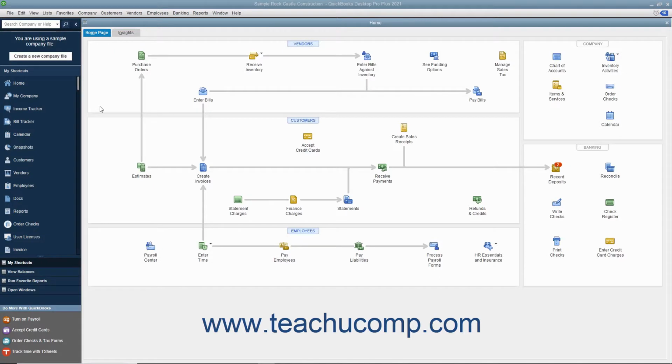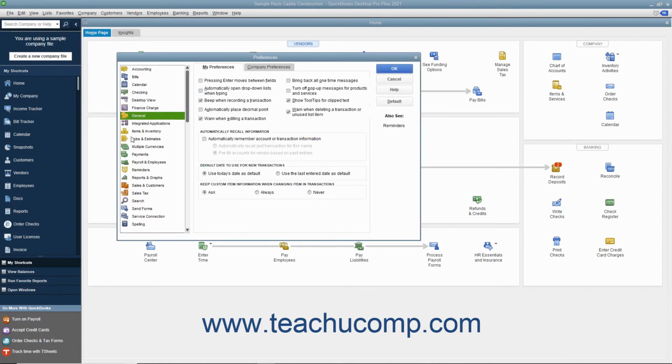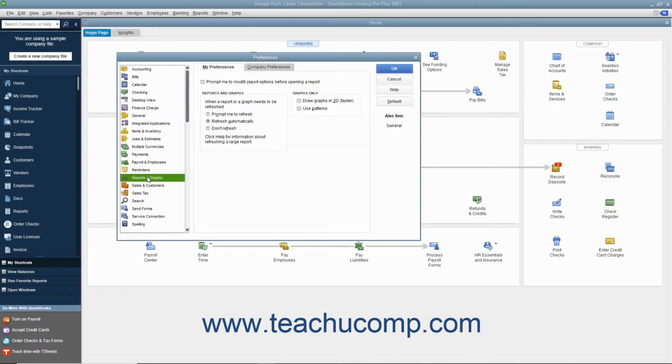You can set the default personal and company preferences for reports and graphs created in QuickBooks by changing the settings within the Preferences dialog box. You can access these settings by selecting Edit, Preferences from the menu bar to open the Preferences dialog box. In the Preferences dialog box, click the Reports and Graphs icon in the category listing shown at the left side